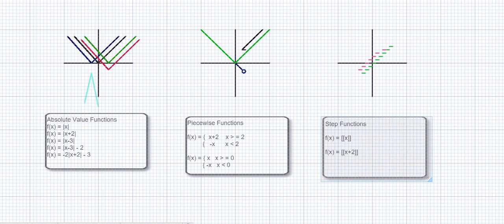But then from, let's say, something more than 10 pounds to 20 pounds, you pay $8 to ship it. And with each change of 10 pounds, you pay